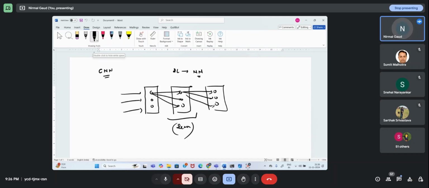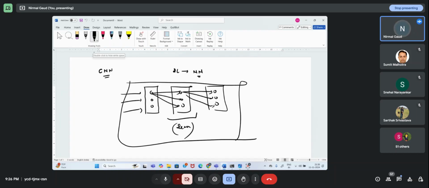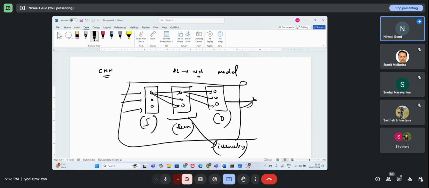This entire architecture we call a model. We have an input layer, an output layer, and intermediate layers. From the input we take the input only, the output layer produces the output, and the intermediate layers are where the computation is performed.